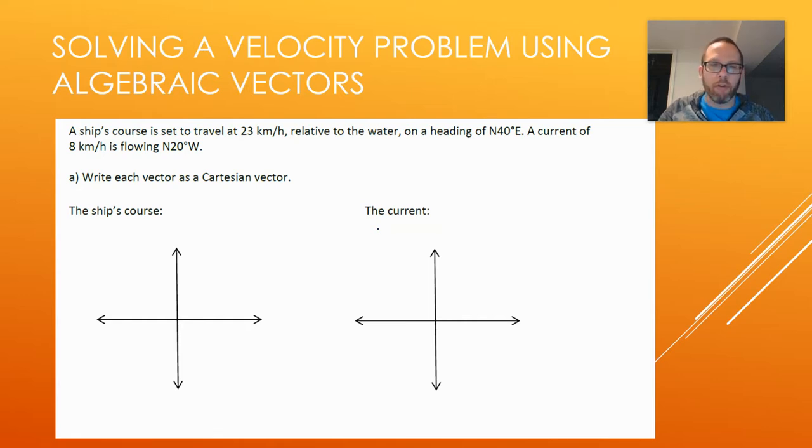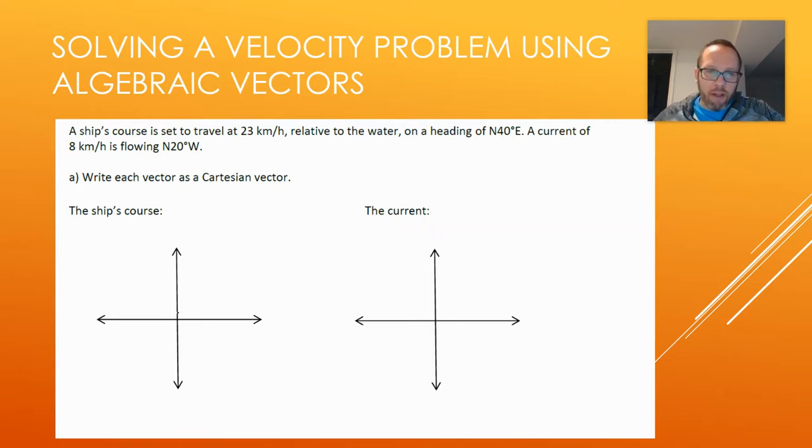So a ship's course is set to travel 23 kilometers per hour on a heading of north 40 degrees east, but there's a current flowing at 8 kilometers per hour flowing north 20 degrees west. And so they're not going to go in their heading direction. They're going to get blown off in some other direction. We're going to find that direction. So the ship's course,